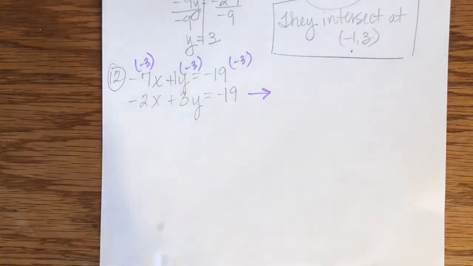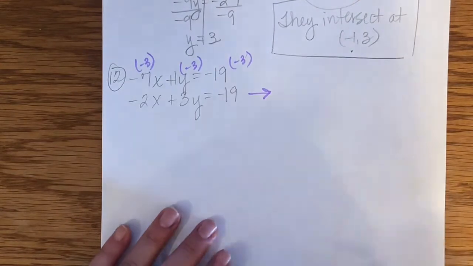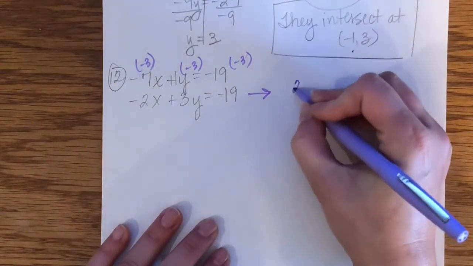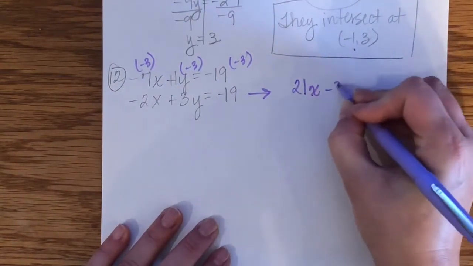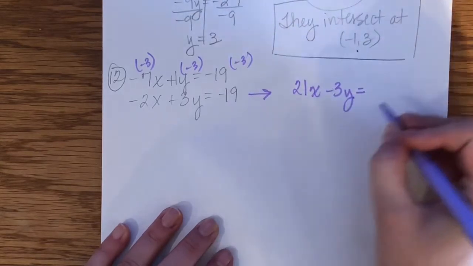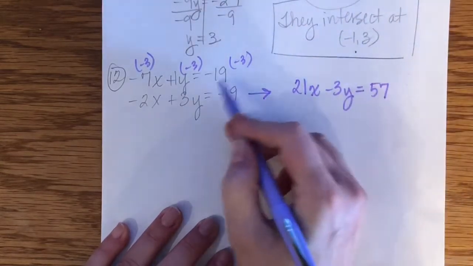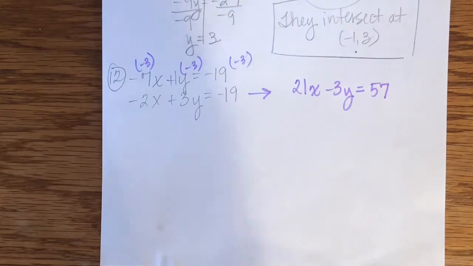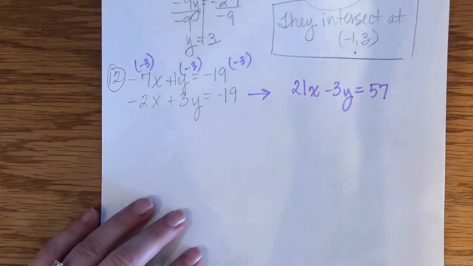Now, you can definitely use a calculator on this. I've already calculated it off on the side just to save time, but when you're doing this on your homework, you can use your calculator. This would become 21x minus 3y equals +57. I put that one in the calculator. Okay, then I've got my original still, which is -2x